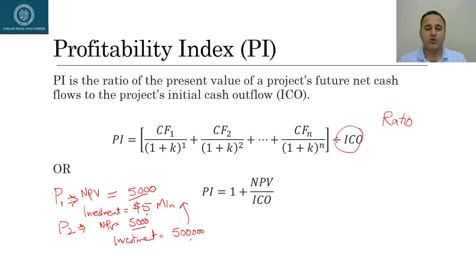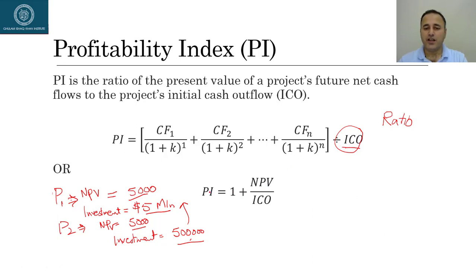But it doesn't tell us the whole story, because the investment in the first project is 10 times more. It's $5 million compared to $500,000 investment. So in order to get a better picture, we can calculate a ratio of the present value of all cash inflows with the initial cash outlay, and it gives us